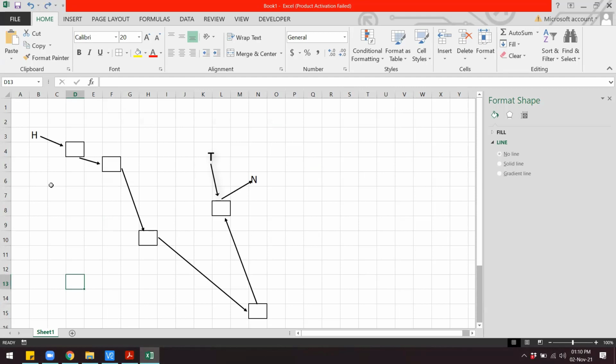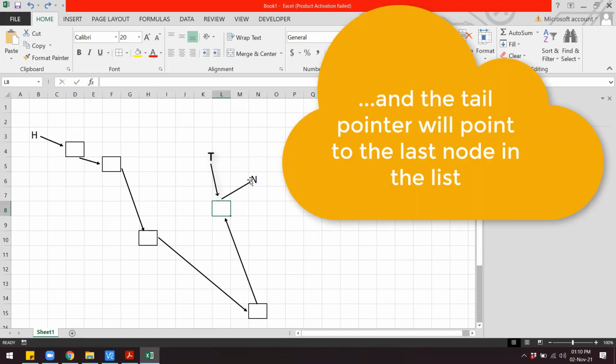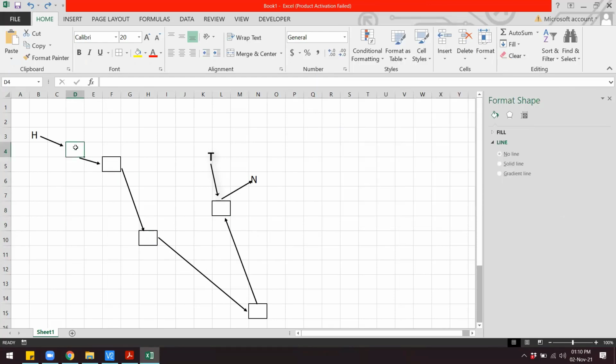In the case of a singly linked list, you will have a head pointer that is going to point to the very first node in the list. Then that first node will point to the second node, second will point to the third, fourth, fifth, and the very last one will point to null. Now when I call the append function, let's say in these nodes we have the values 1, 2, 5, 3,